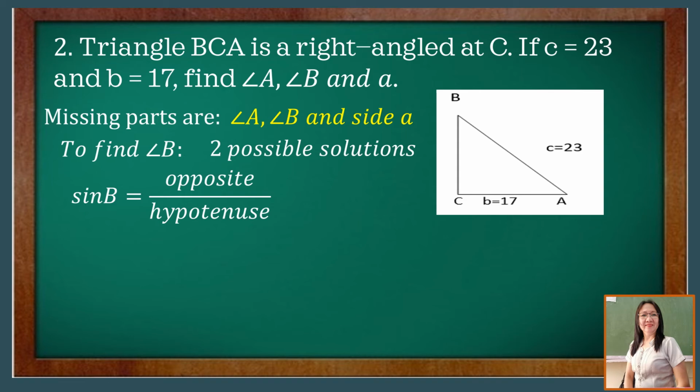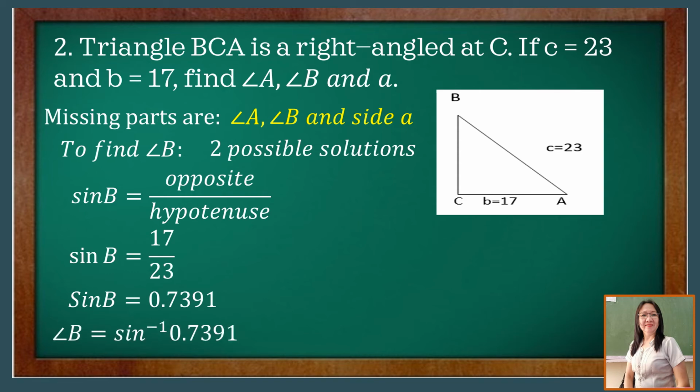So the opposite of our angle B is the base 17 over the hypotenuse C. Then dividing 17 by 23 will give us 0.7391. Then using your calculator to find our angle B, we have angle B is shift sine the value